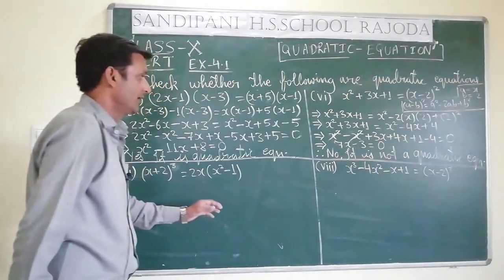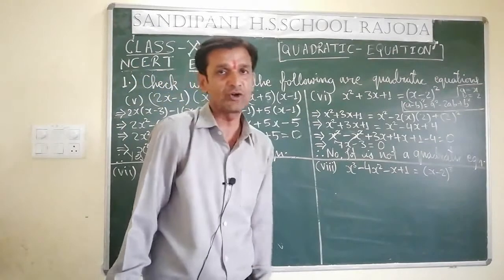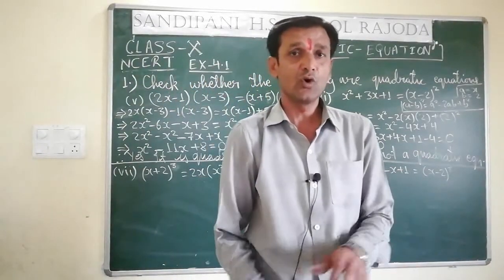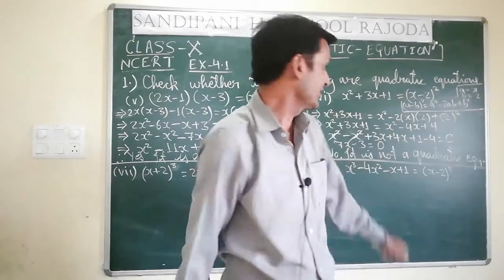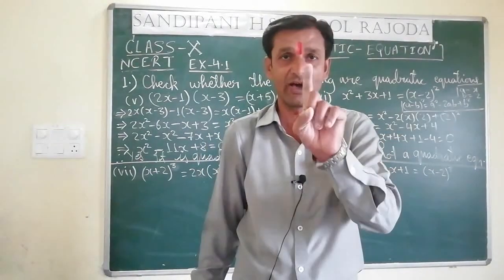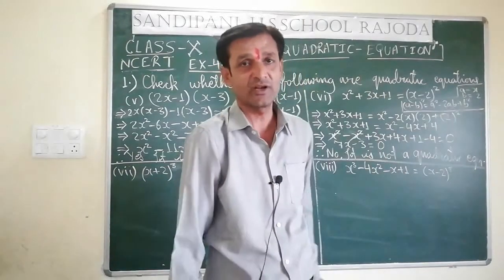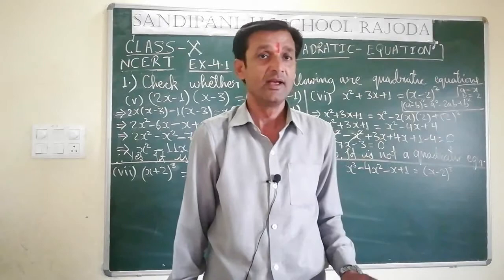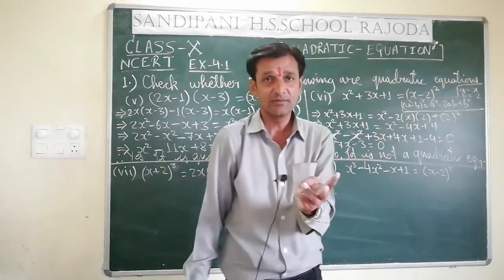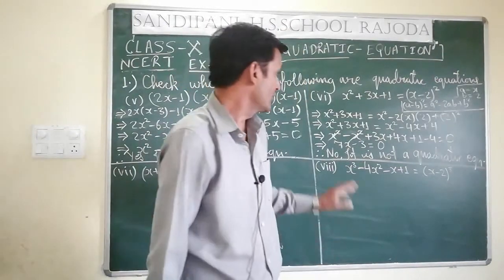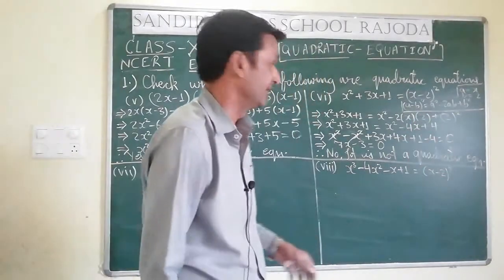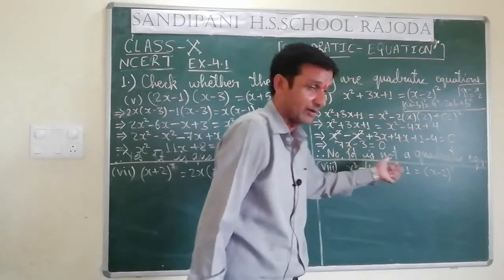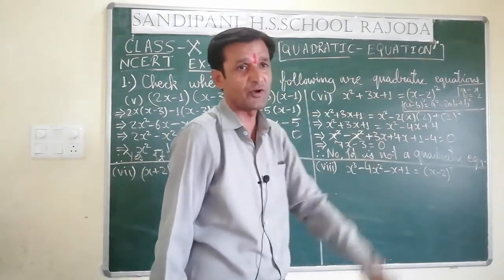See, one more thing I want to tell from my side: if you want to know which type of equation this is, if x is having one value, it is a linear equation, if x is having two values, it is a quadratic equation, if x is having three values, it is a cubic equation. So just like that we will have to proceed. It is not quadratic, but it is a linear equation, because one value of x is possible here.